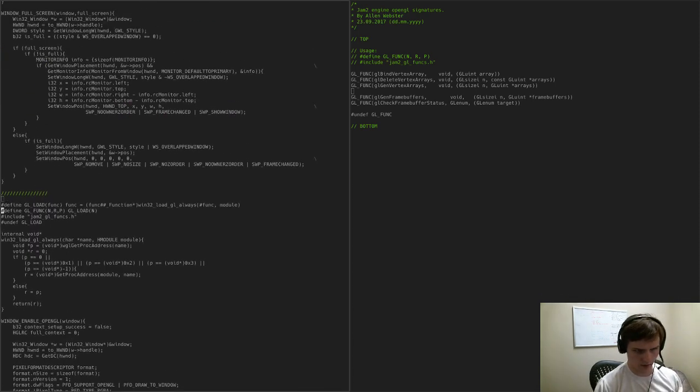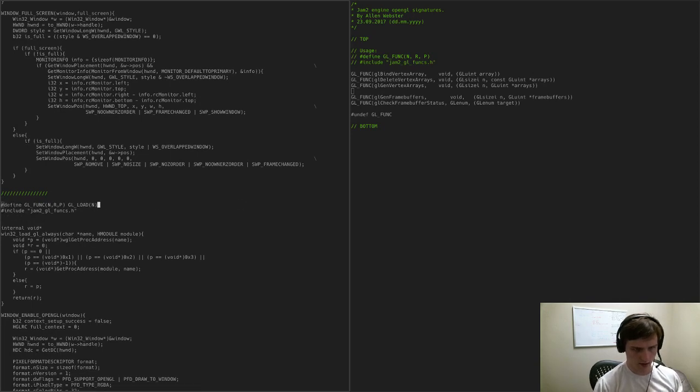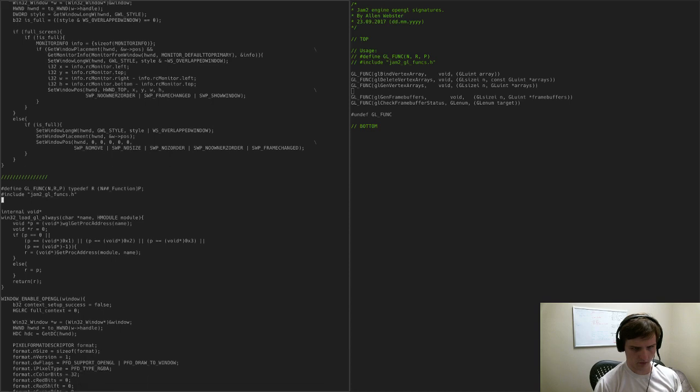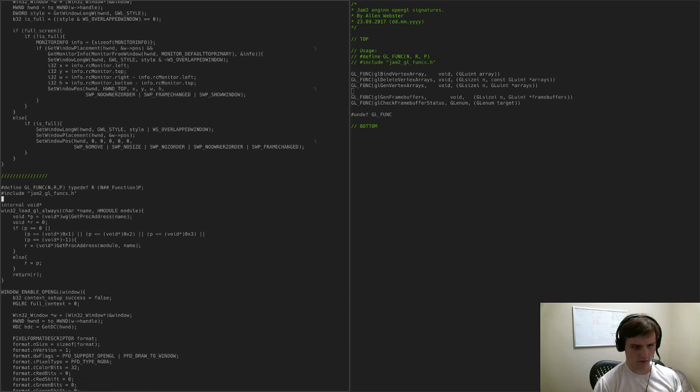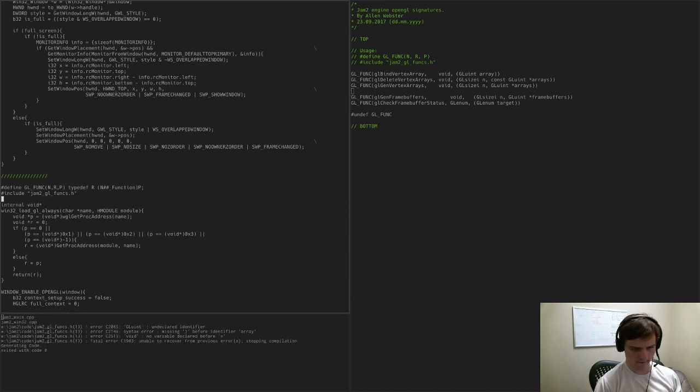Where I'm going to say, we don't need that or that, but I want to say typedef R n function p, and then put that in there. Undeclared identifier glue int. Okay, we'll have to deal with that, but first,